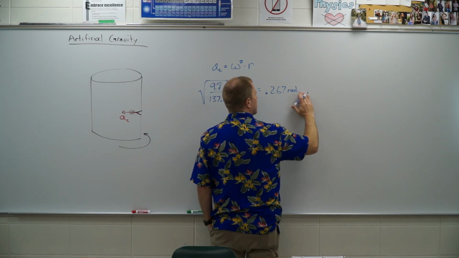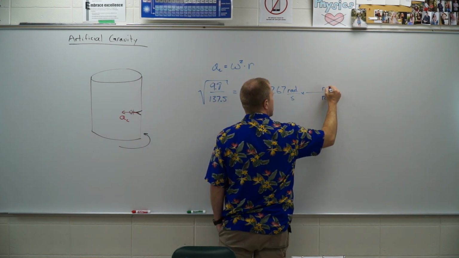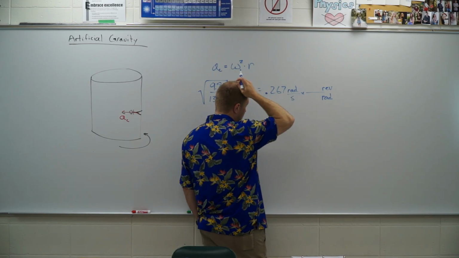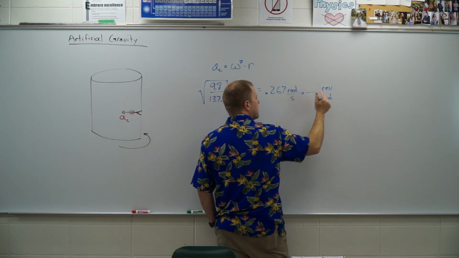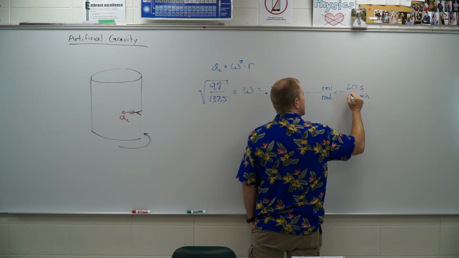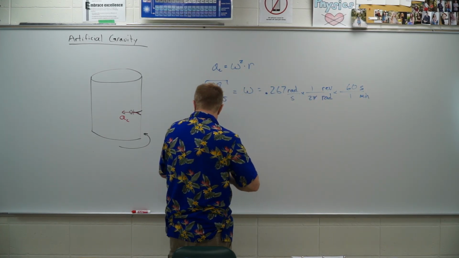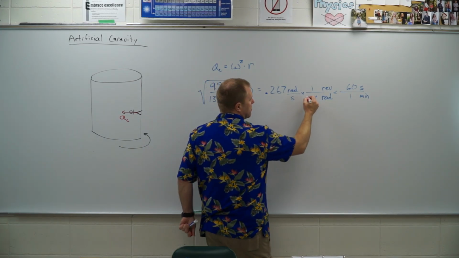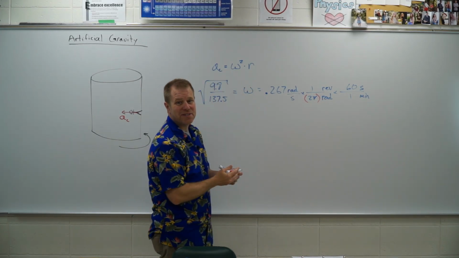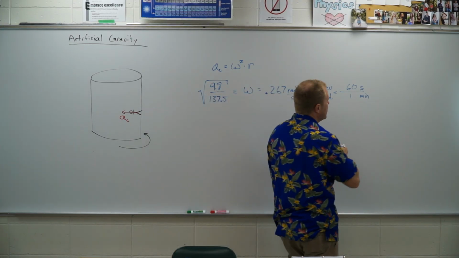But they want it in revolutions per minute. So let's see if we can figure that out. We got to get rid of radians and go to revolutions. So if radians is on top, get rid of it on the bottom. Seconds on the bottom, get rid of seconds, go to minutes. There's 60 seconds in a minute. There's 2 pi radians in a revolution. Now when we do this conversion factor, always remember we need those parentheses around that 2 pi down there. Once you type that in, you should get something like